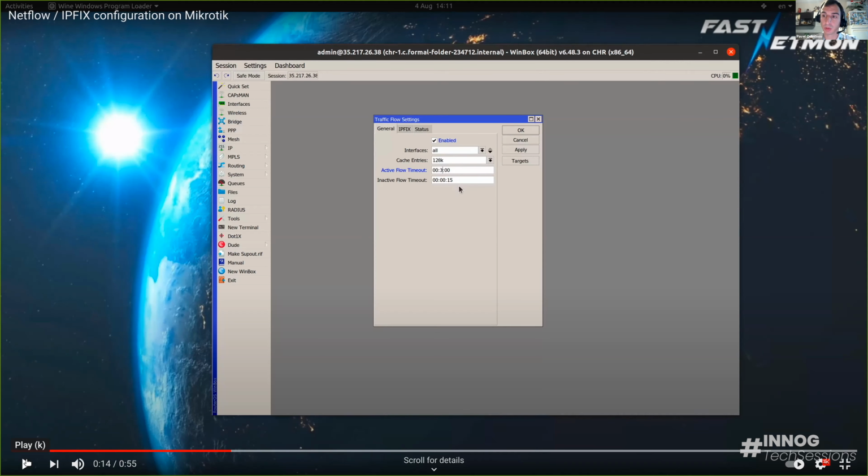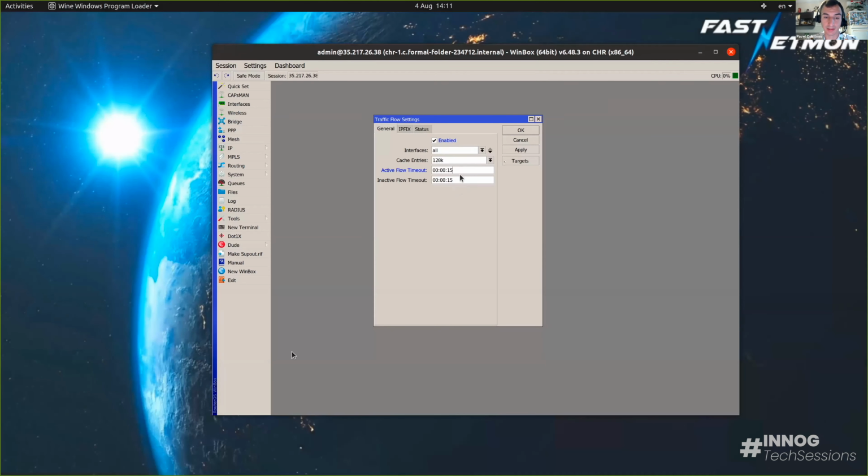So this is the most important thing. You need to change active and inactive flow timeouts. And if your vendor is different, it doesn't matter at all. So Juniper, Cisco, Extreme, Arista, VyOS, all the time you need to change active and inactive timeout to 15 seconds. And what I do in this presentation, we remove 30 minutes, replace it by 15 seconds, and every single